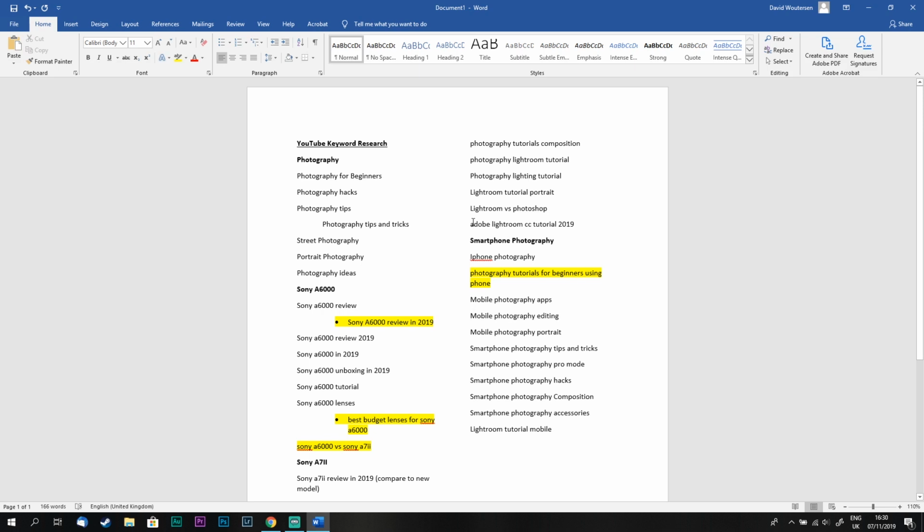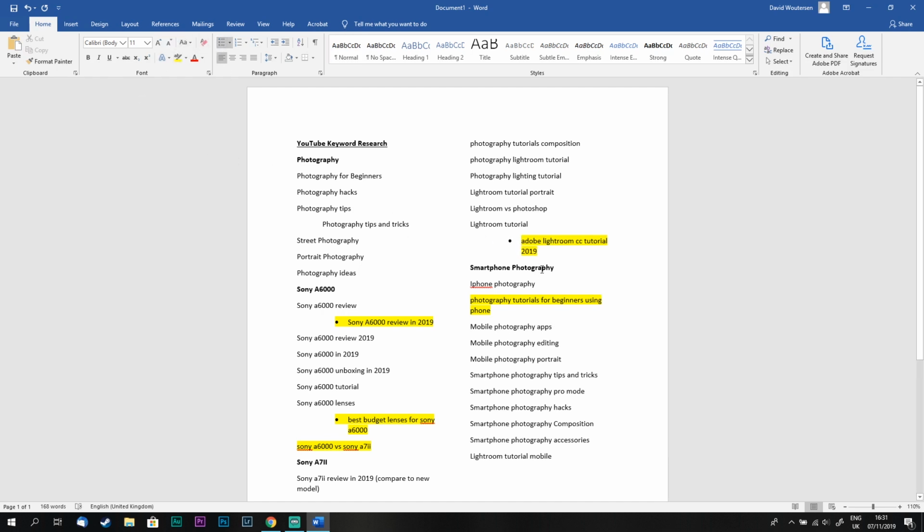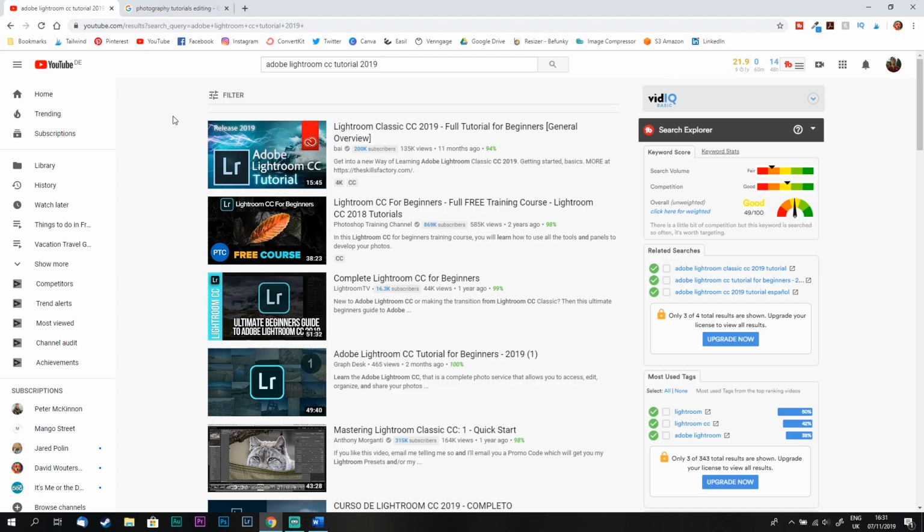And this would fall under Lightroom, just a general Lightroom tutorial, and highlight that. That's a decent search, a long tail search term that we can use. It's a mid to long tail search term we can use to rank for that